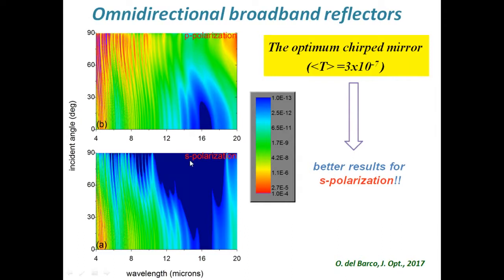Yes, we can also see that it's better for S polarization than P polarization. It's obvious because you know that for P polarization, for angles near the Brewster angle, the reflectance is diminished. So always for P polarization, we get worse results than for S polarization. Okay, now